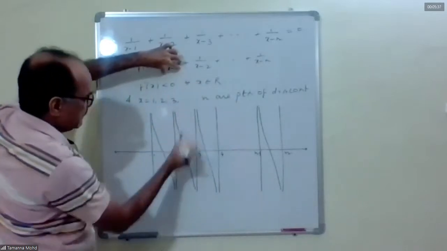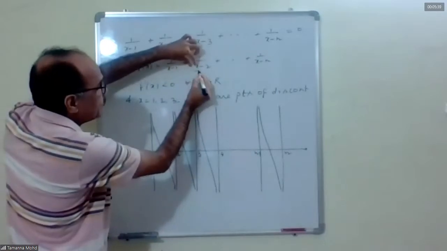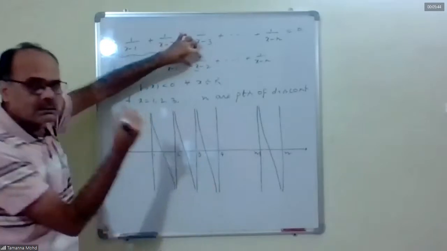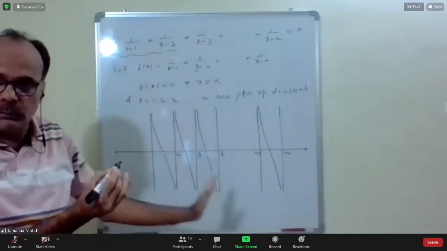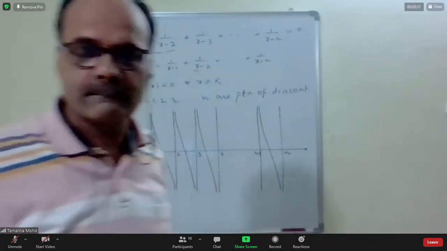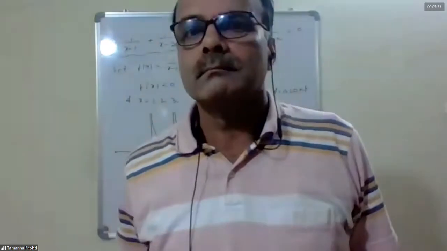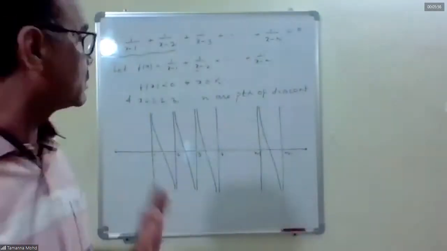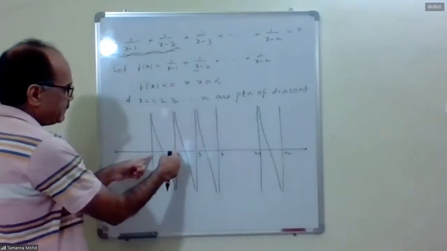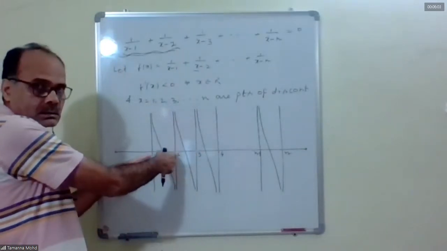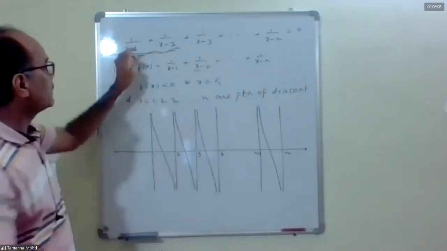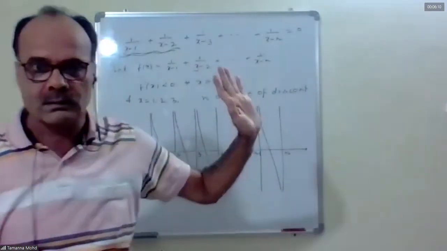What is the limiting value at 2 minus? It is slightly less than 2, so this is 0 minus, infinity. Just join these 2 points, because there is no turning point. The derivative is nowhere 0. Understood or not? So suppose we are given only these 2 terms, we have to plot the graph only up to here. If 3 terms are there, we plot only up to here. They can give 2 terms, 3 terms, 4 terms, n terms, anything.